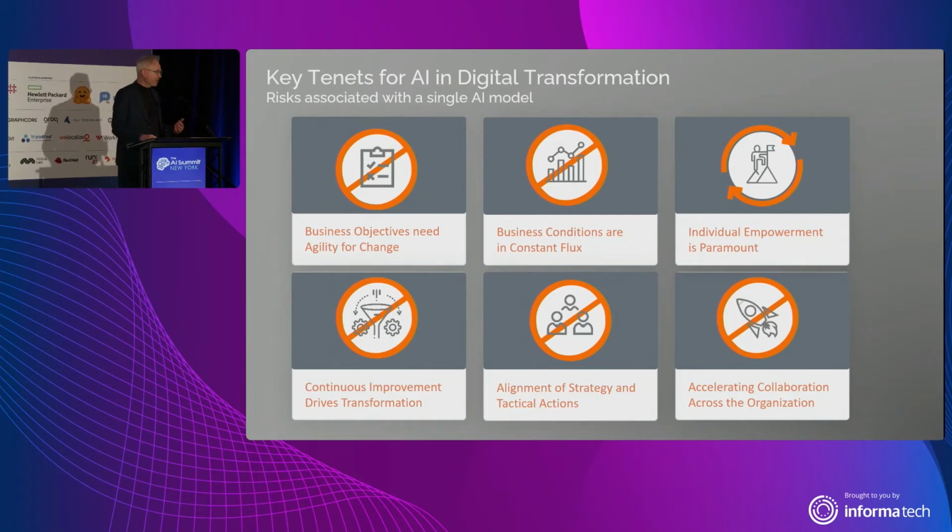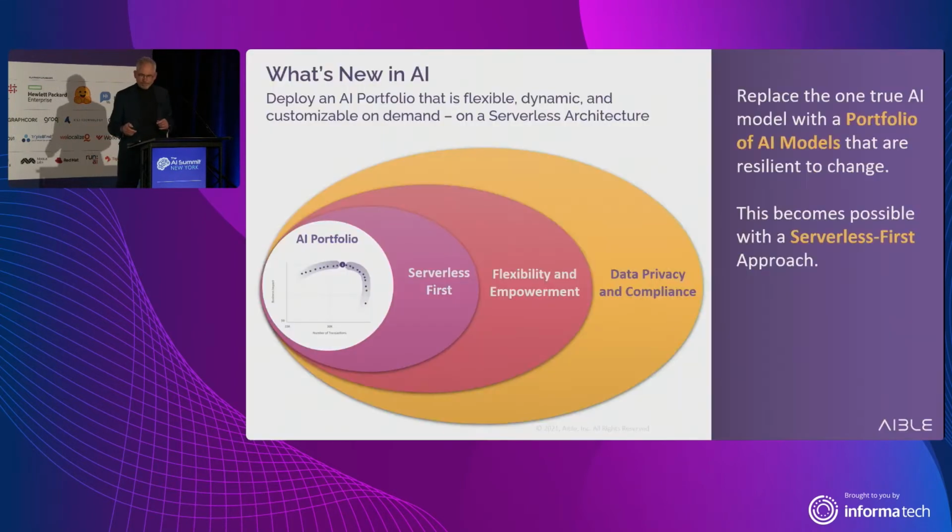And if I would encapsulate what it is we're trying to achieve at Aible, particularly in regard to this last thing, if you were to ask what our vision statement is, it's really that we don't want AI that's done to us, we want AI that works for us. And the only way we're going to get there is to build AIs not in some kind of waterfall model, built by a few, but to make AI something that everyone in the organization can actively contribute to and help us build.